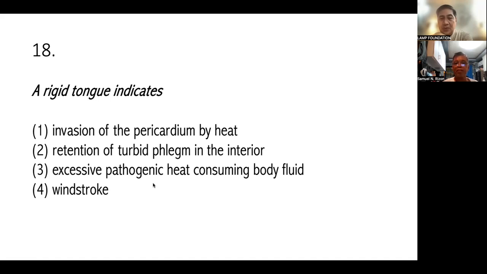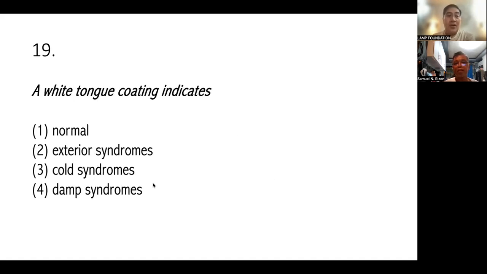Swollen po. What else? Swollen and then it's a bit rough, no? Rough na po siya. Okay, kasi phlegm na. Okay, number 19. A white tongue coating indicates normal, exterior syndromes, cold syndromes, and damp syndrome. Answer is 1, 2, and 3. What about damp syndrome? Normal. Ang damp po